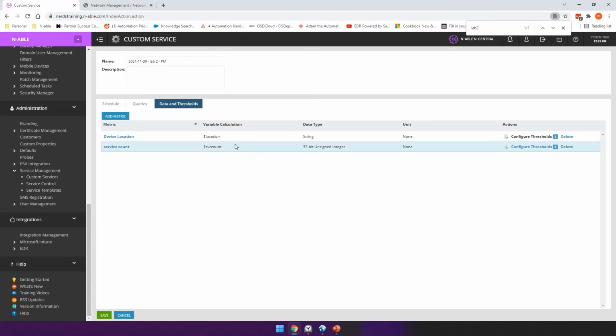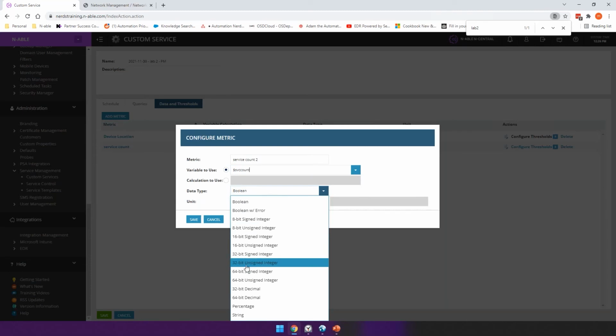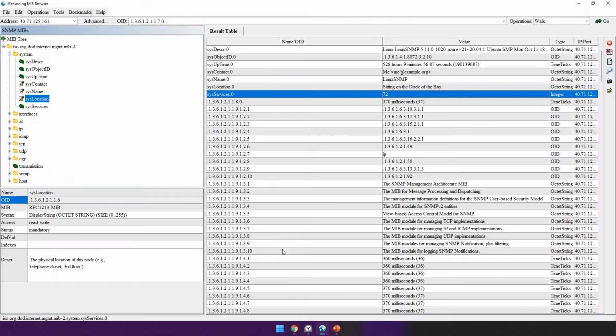Now, one more, I saw your question, Darren, I'll come right back to that. The next thing I want to touch on while we're creating a service is if I do add a metric and I say service count 2, just like that. One thing that you have the option to do when you pick a numeric value is to use mapping. Mapping is very useful when you look at, for example, here,